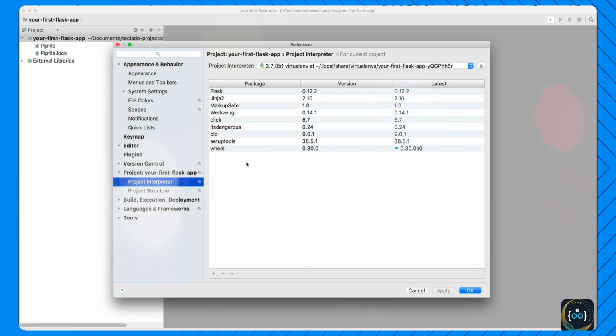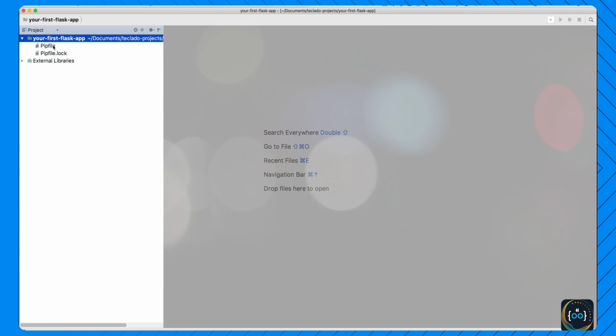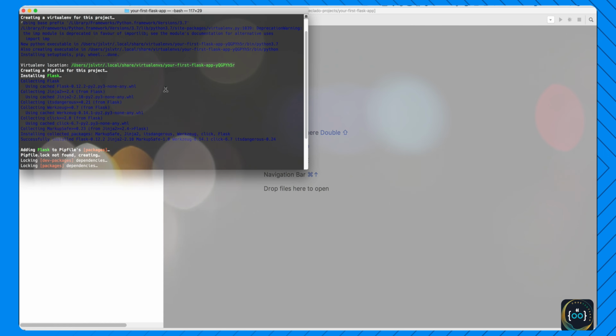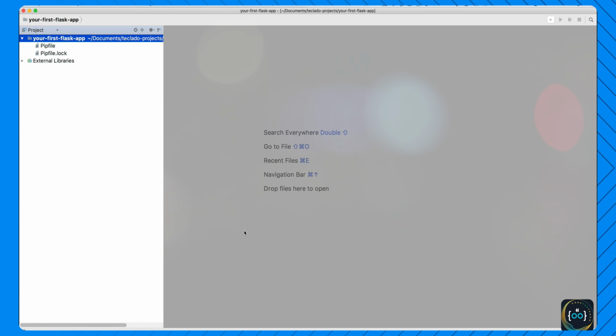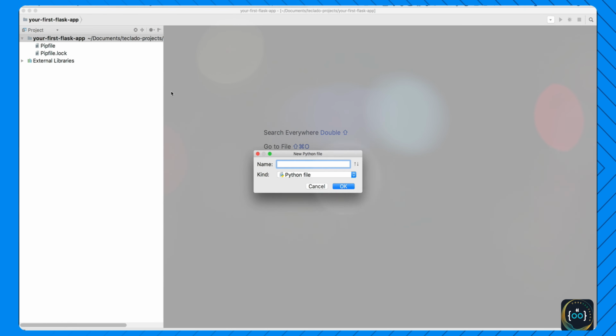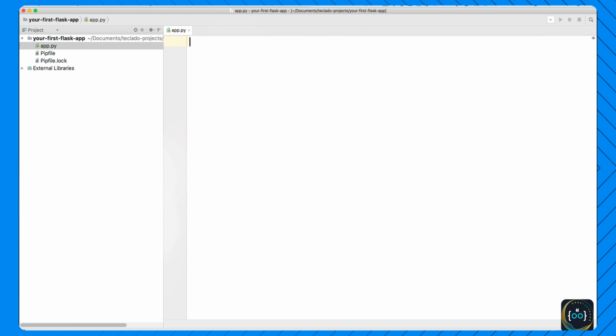That's because this is going to install something directly in the virtual environment, but it's not going to update your pip file. So if you want to install more things, you can go through PyCharm, but you probably want to go through the terminal. Just do pipenv install whatever else you need. For this project, we're not going to need anything else, so Flask is the only thing we need, and we've got that now. If you create a new Python file and you call it app.py, you should be able to